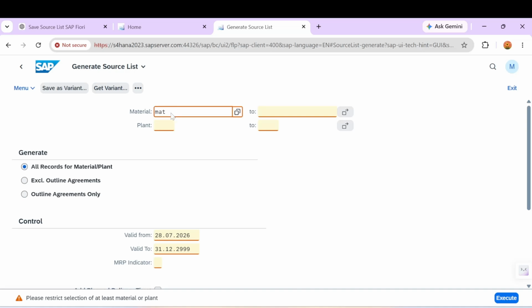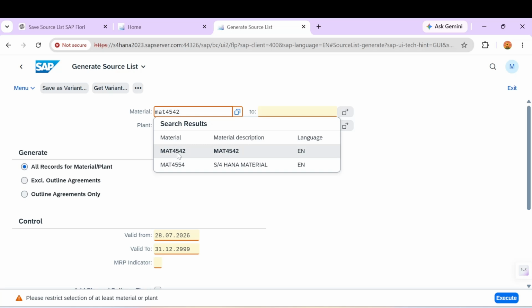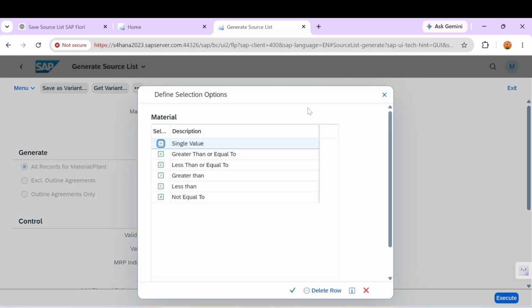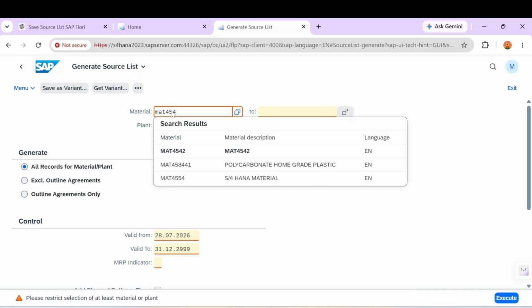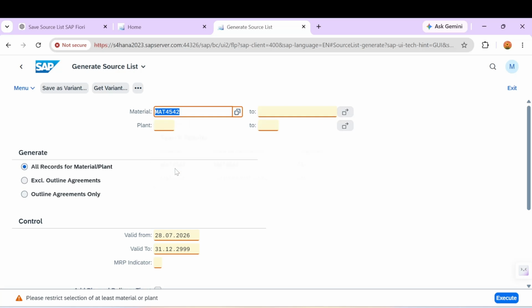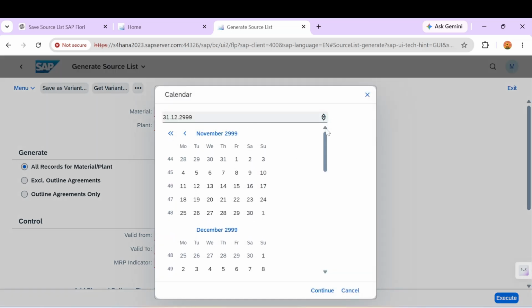So I'm going to use that same material, Mat 4542. Here the plant code.